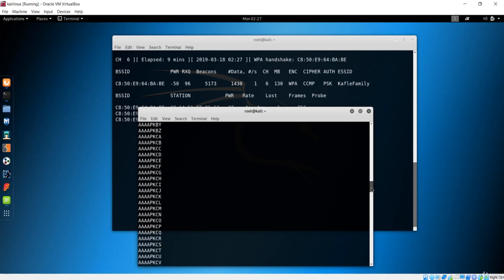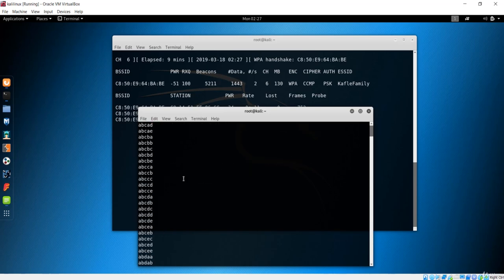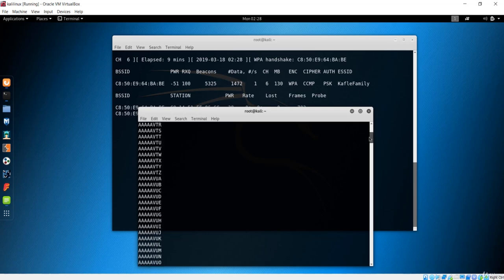So let's go over here, let's go, okay, it was right here. Okay, where is the command? Let's go down. It has already started, so it should be okay.